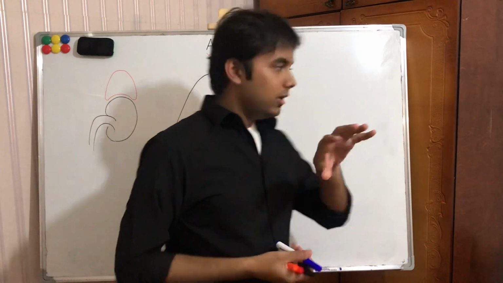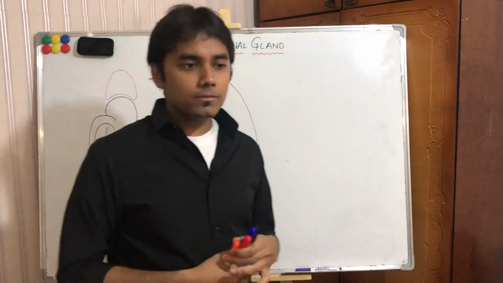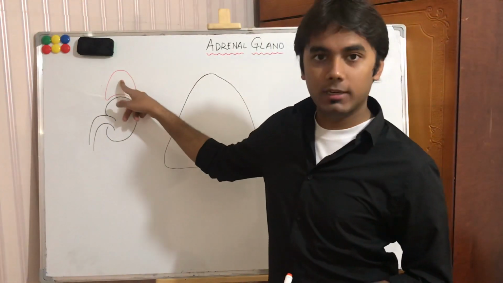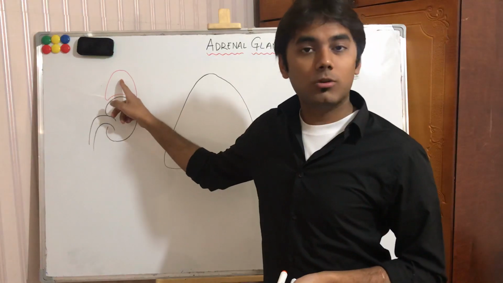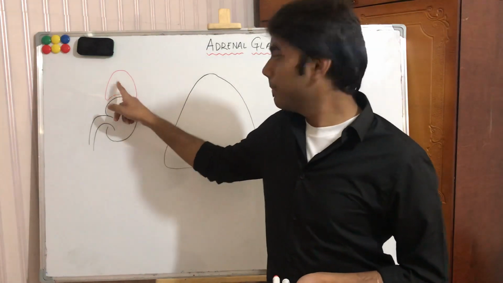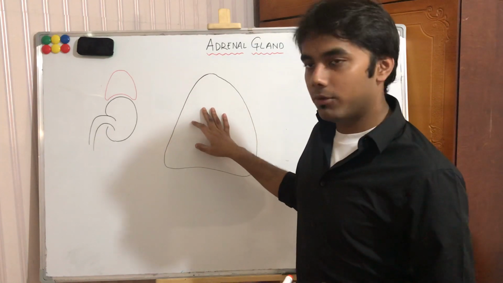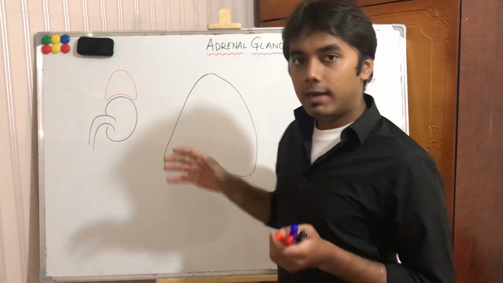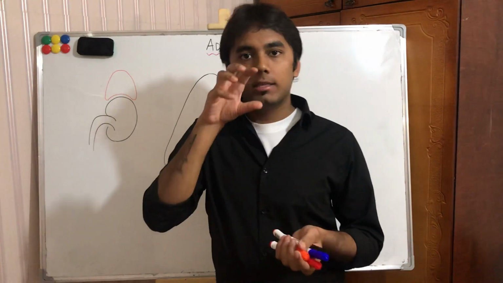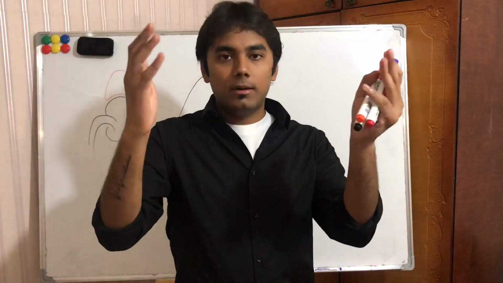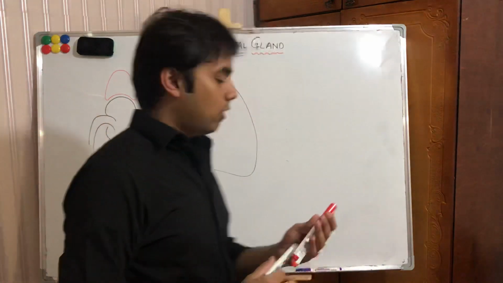Okay, so first of all, let's start with the basic anatomy. As you know, the adrenal gland is located on top of the kidney. That is the reason why you also call the adrenal gland the suprarenal gland. So if I take an adrenal gland, I'll explain the anatomy of this. Look, the adrenal gland has two parts. The center part is called the adrenal medulla. Other than the center part is called the adrenal cortex.